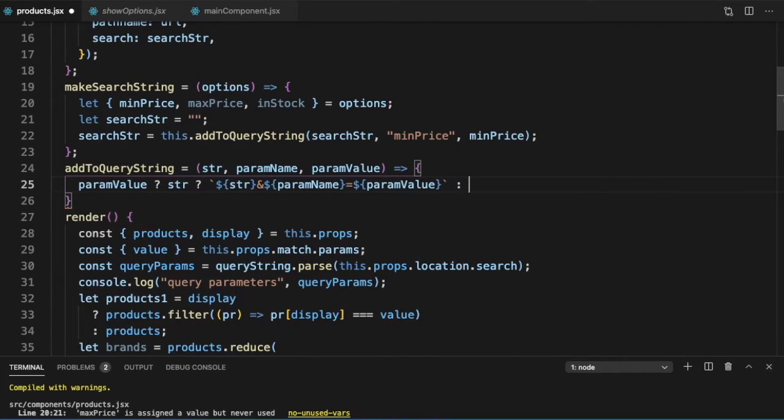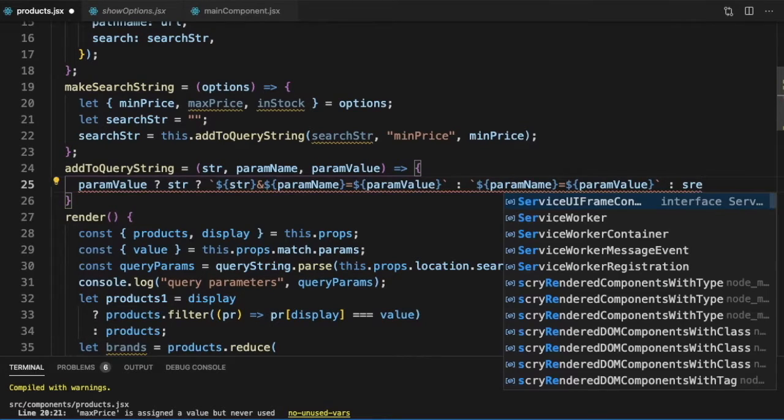And if the string is falsy, then we just need to return this part of it. So notice in this case, because the string was falsy, we just returned this. We did not need to append the ampersand or the earlier string. And if the param value was not truthy, it was falsy, we will just return the string.